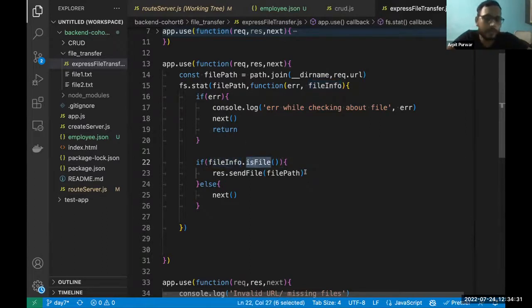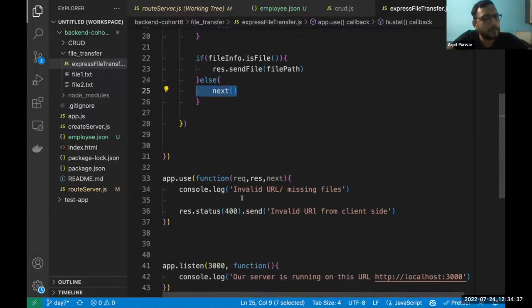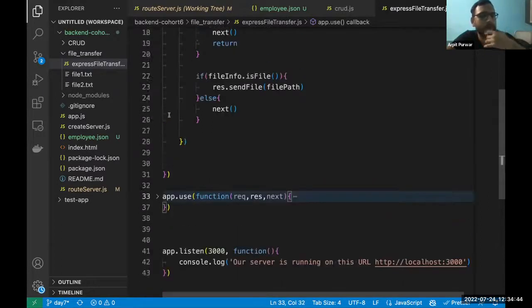If this is the content of a file, then simply send that file to the customer. If not, then call the next method. And in the next method, we are saying invalid URL or missing files. That was the next middleware. So that's what we are trying to do here.